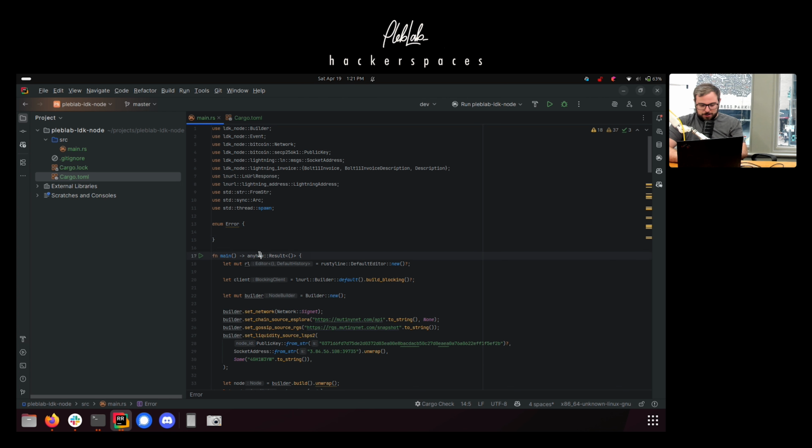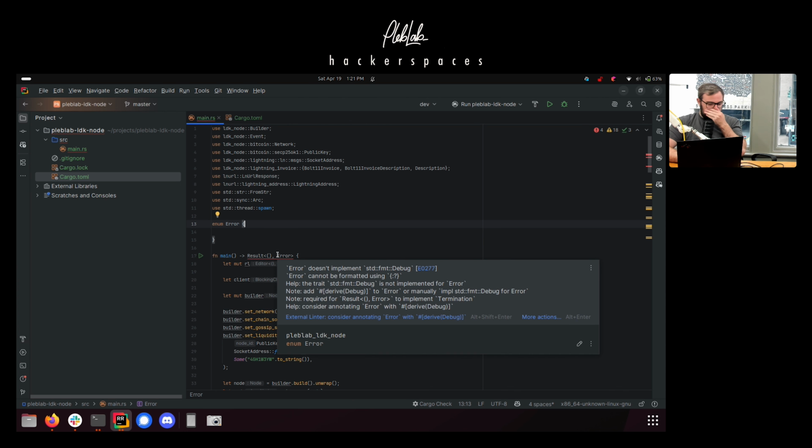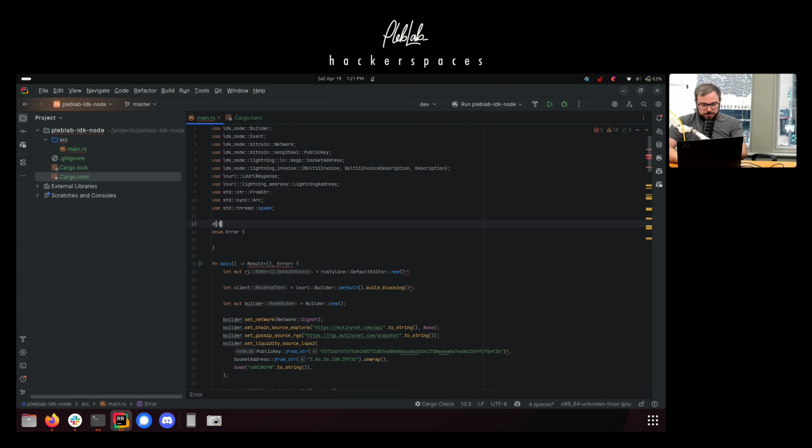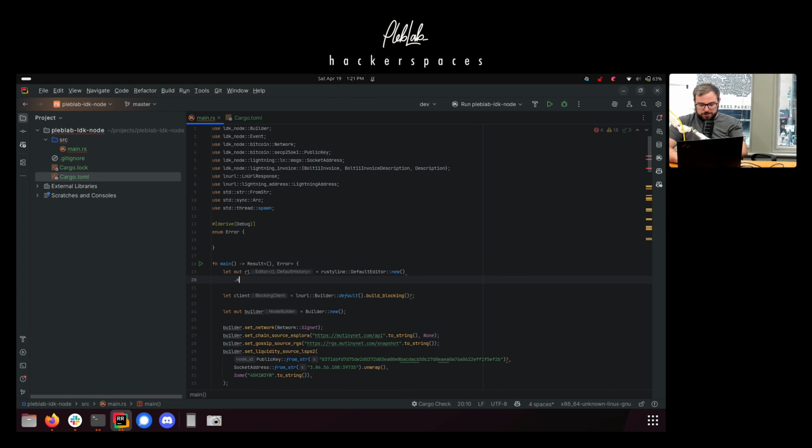So we would do our own results with our error, and then we would start... see now we get these errors that we need to implement debug for that, I think. So yeah, we have our own error type. But now we get errors here that we can't convert this rusty line error into our new error type. So we need to basically define how to do that. One way is just doing, let's just do default. We could map this error into our own error type using default here. Or what we can do is